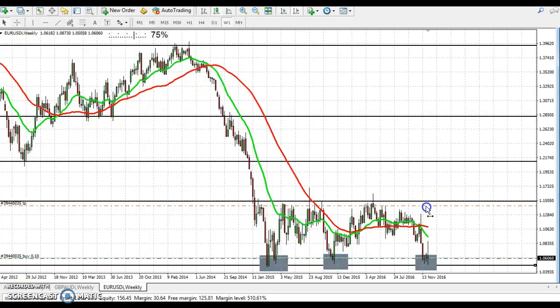Now I got my take profit here at this resistance, just a little bit below it, so in case it doesn't hit it, I'm still going to take profit. $800 to take profit. Stop loss can be placed a little bit below it, depending what your lot size is and what your risk to reward appetite is. Okay,